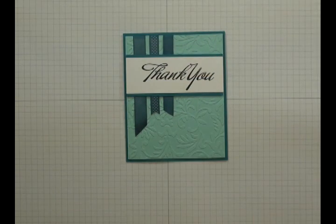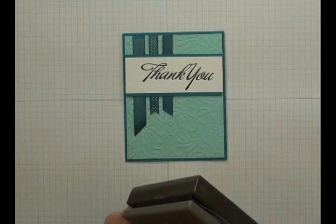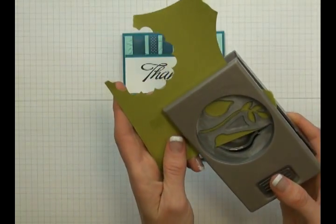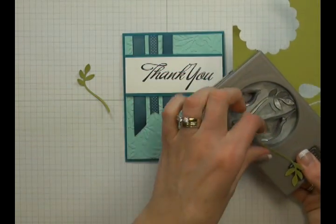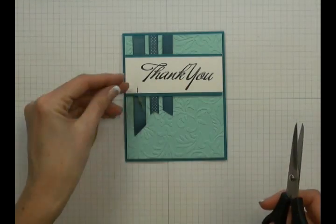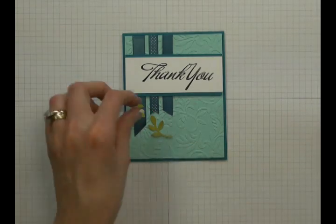So now to embellish this card a little further, I am going to use the Builder Bird punch from Stampin' Up, as well as a scrap piece of Lucky Limeade cardstock from Stampin' Up. And I'm just going to punch out two of these beautiful branch type of images from my cardstock. You can set aside any of the extra pieces that may punch out, as well as the punch. I'm then going to take my paper snips and I'm just going to trim off the ends of my branches. So I'm left with these smaller